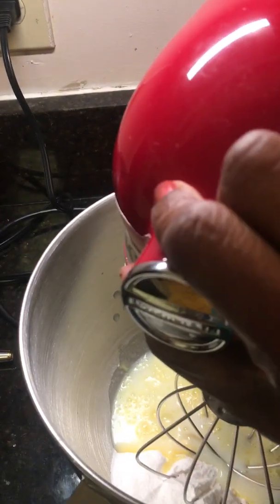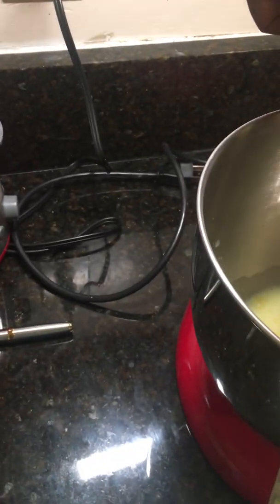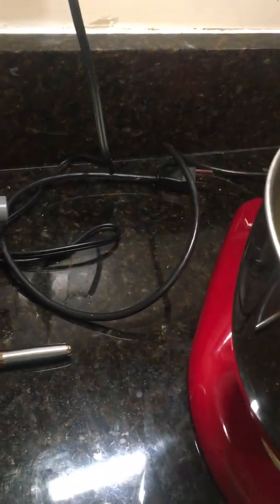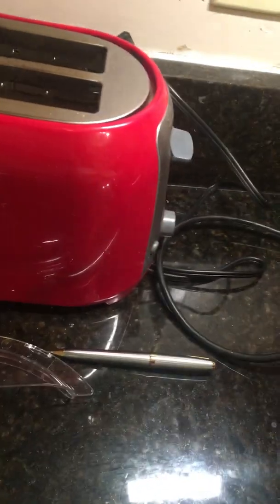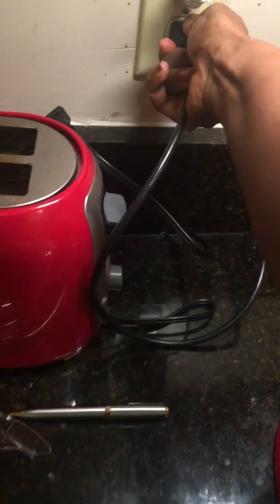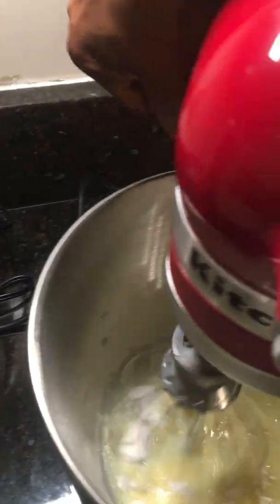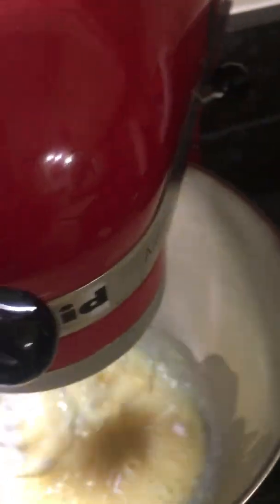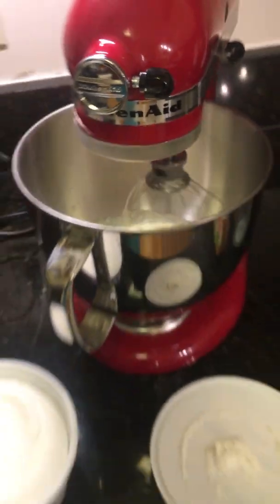And I'm going to turn on the mixer. Slowly. I'm going to put it on the slowest speed as soon as I plug it in. Let me turn it back off and try this again. There we go. It's mixing really well. I'm going to get a tool out of my